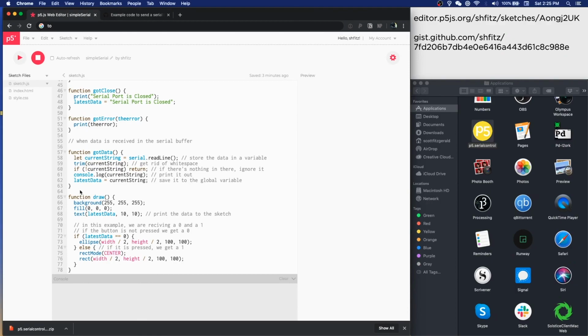So the important bit for us is inside of this got data function. This gets called whenever data appears inside of the serial buffer. So when the microcontroller sends the information to our local server, this function gets called right here. So what we're doing here is we've got a local variable called current string. And what it does, with this command right here, serial.readLine, is read everything inside of a message from the